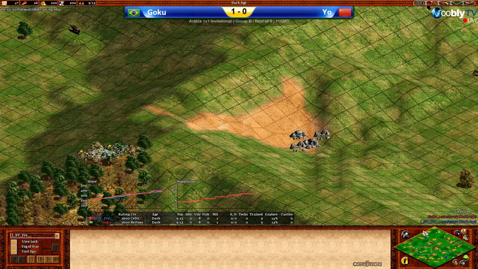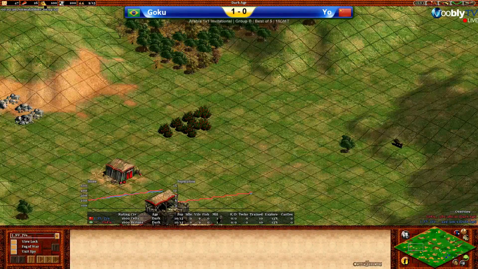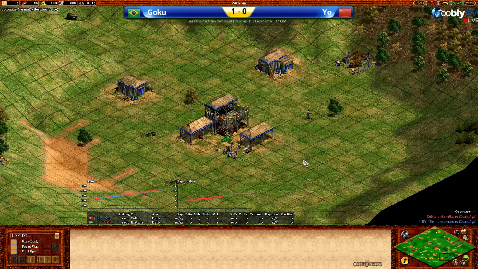And also, if Yo wants to forward this, he can probably mine this stone pretty easily when he comes forward and start adding more towers as well. Meanwhile, for Yo,